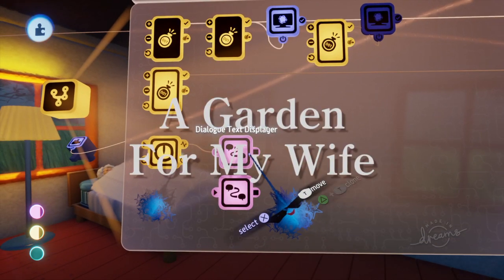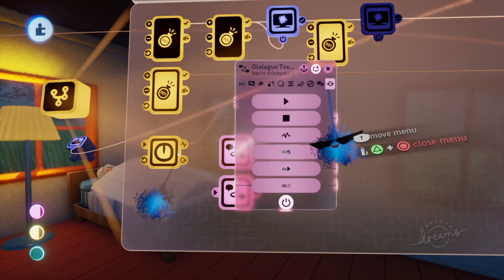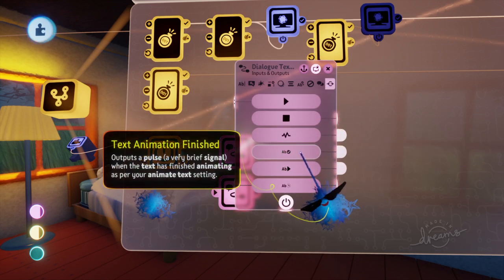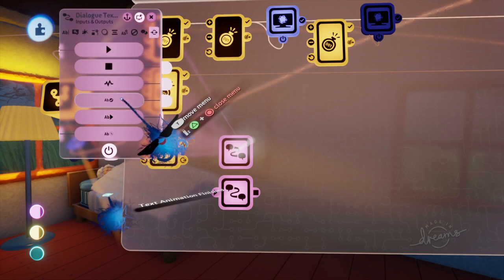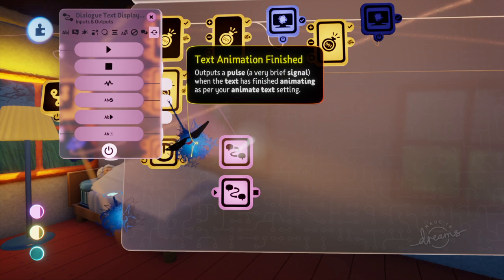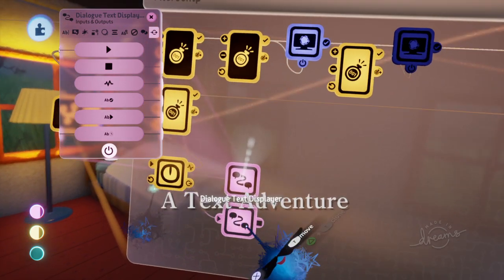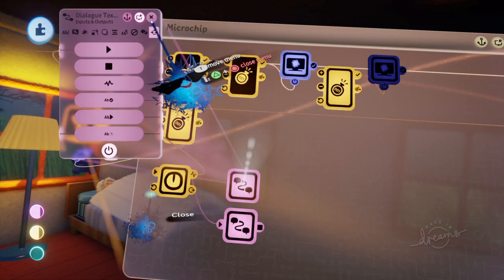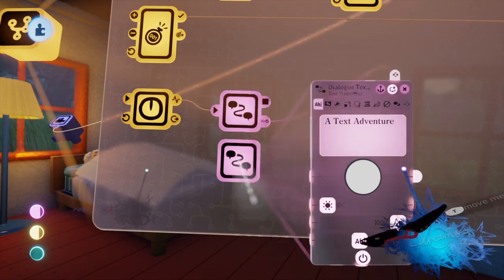And yeah, what we'll do is we'll plug, this button I was using earlier is text animation finished. You can use that to make something else happen after the text animation finishes. So I will plug in text animation finished so that it will initiate the next one. And then that one will play. And then when that one is done,